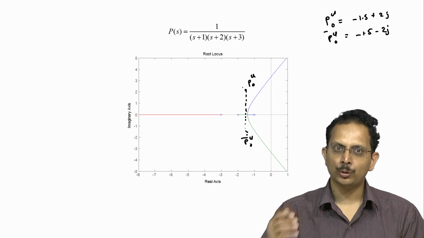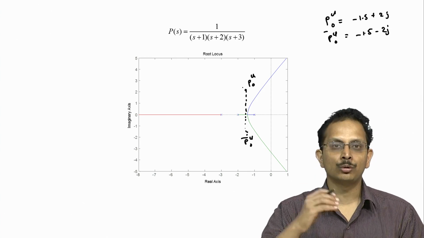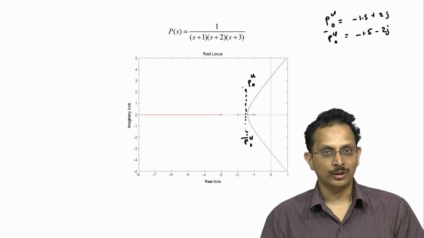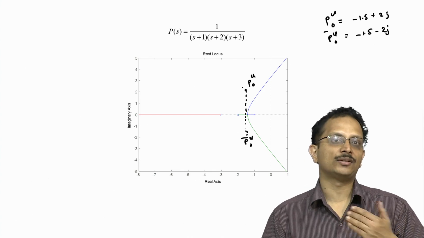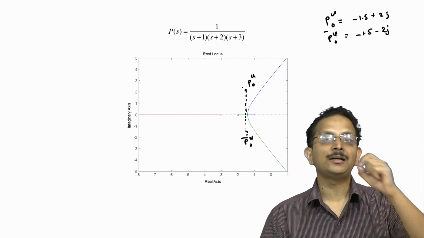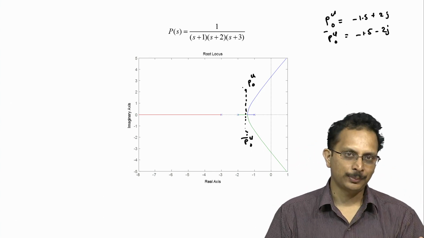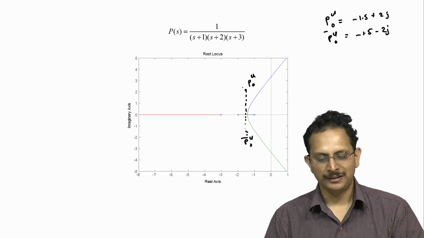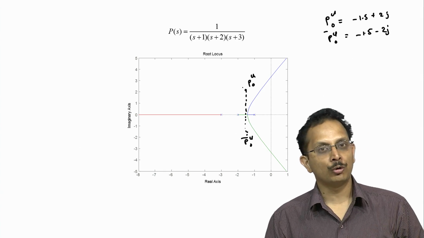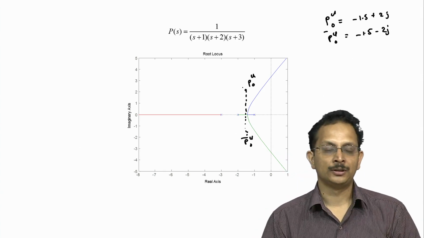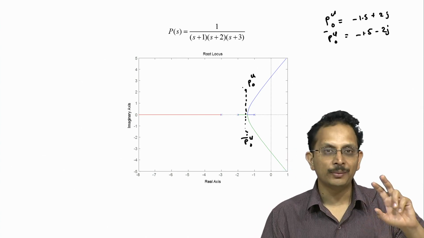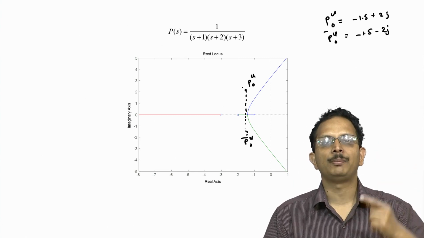So, we need to choose such a controller C of s that it allows the root locus to pass through the point PCL naught. Having chosen that controller, we have to then decide on the gain of the controller such that the closed loop pole is actually located exactly at PCL naught. So, the first step of choosing such a controller that the root locus passes through PCL naught will not automatically guarantee that the closed loop pole will be exactly at PCL naught. We have to now choose the gain of the controller appropriately to make sure that the closed loop dominant pole will be located at PCL naught and PCL naught bar.